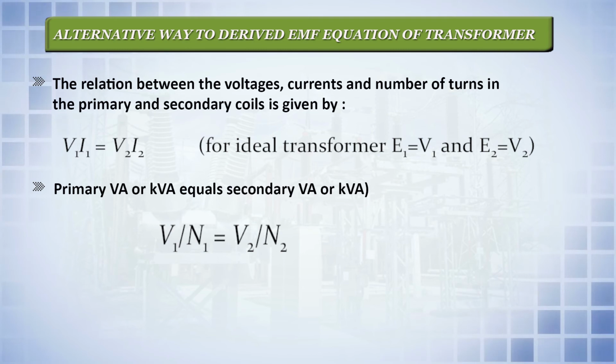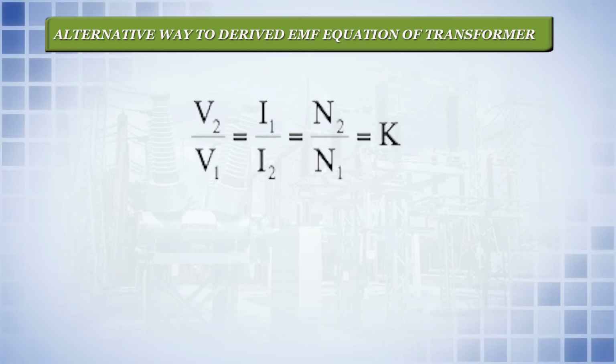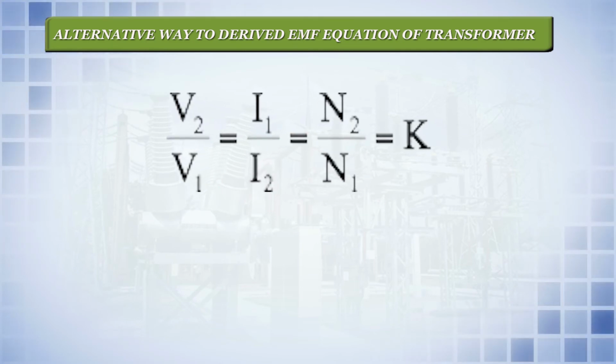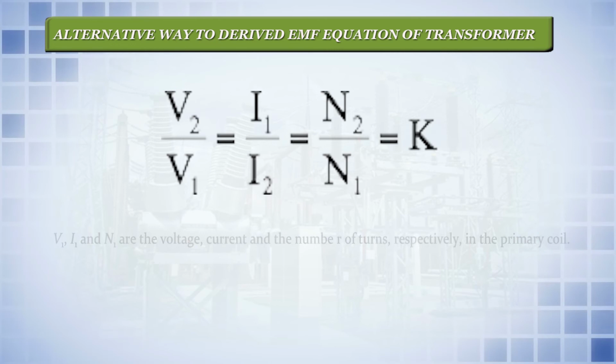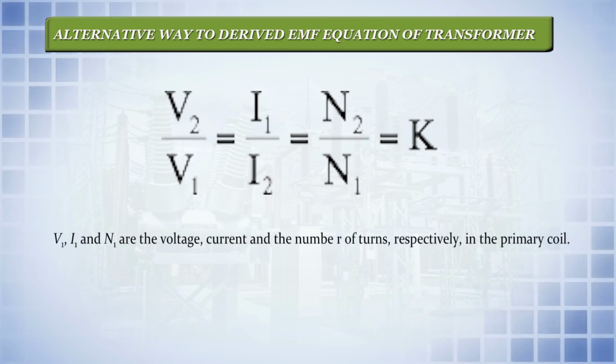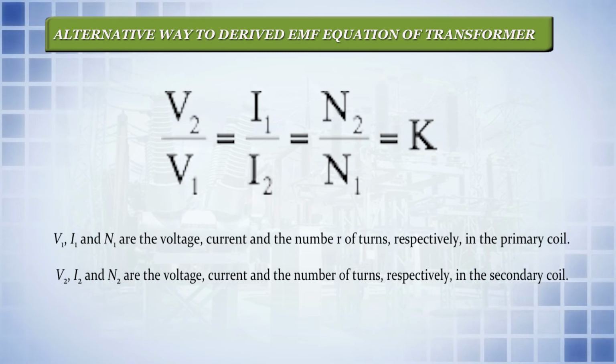This can also be written as V1 upon N1 is equal to V2 upon N2. That means voltage per turn on primary is equal to the voltage per turn at the secondary side. The given two relations can be rearranged as V2 upon V1 is equal to I1 upon I2 is equal to N2 upon N1 is equal to K. Here V1, I1 and N1 represent the voltage, current and number of turns respectively at the primary coil, and V2, I2 and N2 represent the voltage, current and number of turns at the secondary side,